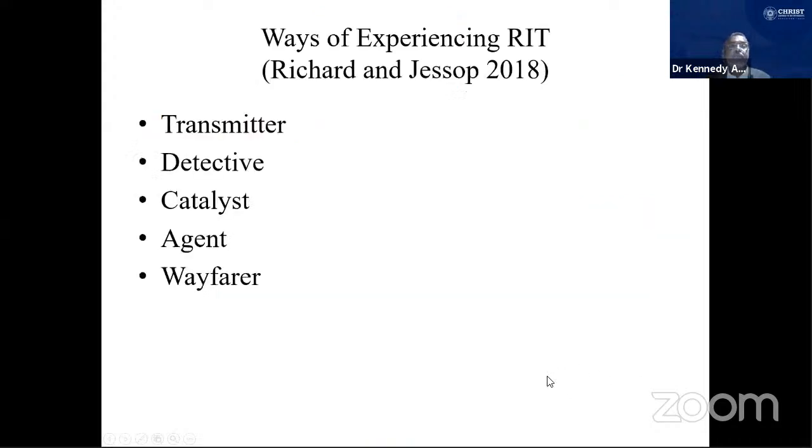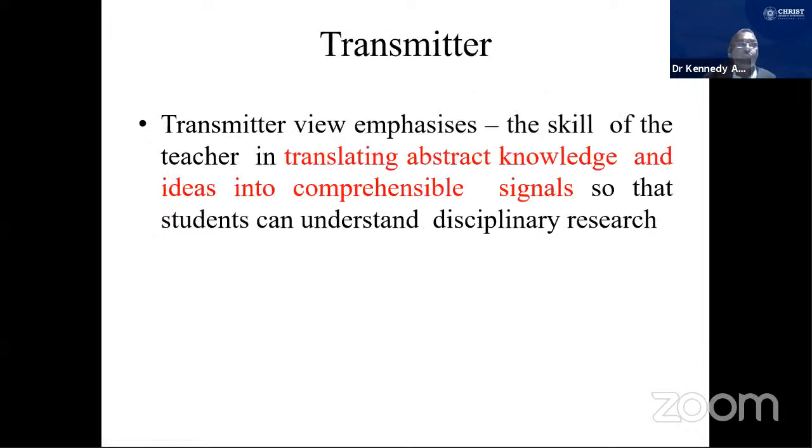And there are different ways of experiencing research-informed teaching. I will just take a couple of minutes because I'm not going to let you go right now. There are a couple of ways of doing it. So the teacher can be a transmitter, a detective, a catalyst, an agent, or a wayfarer. So what does a transmitter do? A transmitter